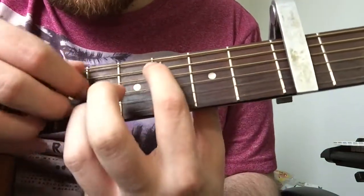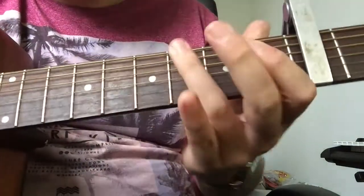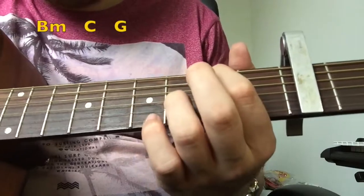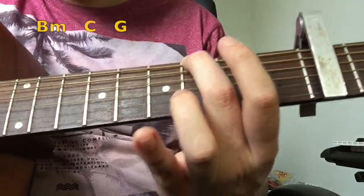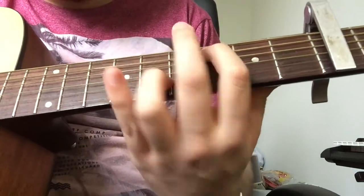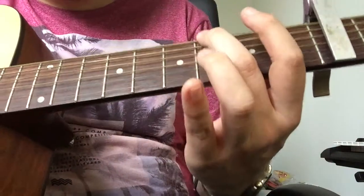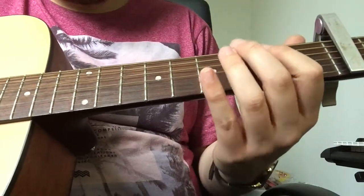And then we're going to play a C, same thing, this open, and then a G. We're fretting the G note, and then we're going to play the B string open and the G string open. Good. So it does that twice. And then we do it again, but instead of going to the G,